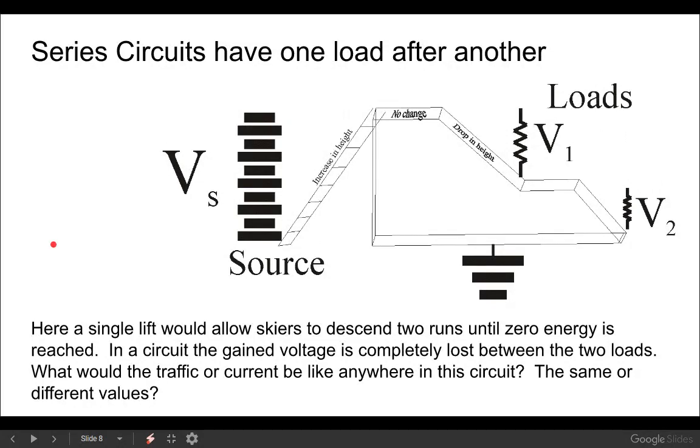Now, what happens if we have several loads in a row? Well, it's like having several ski hills in a row. You get lifted up by your energy source to a certain voltage. But the ski hill, instead of going all the way down to the bottom, there's a drop, and then there's an area where no change in drop occurs, and it drops again. Now, if you go up 100 meters on a hill and you drop vertically